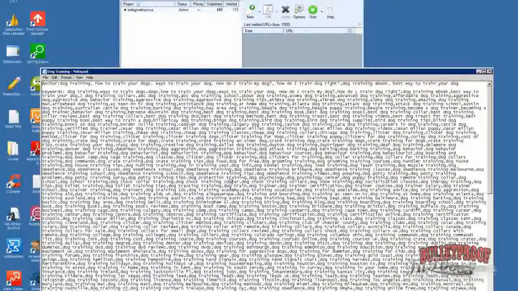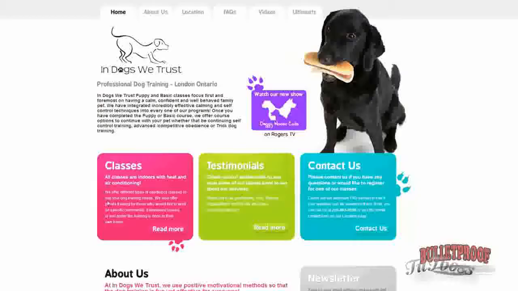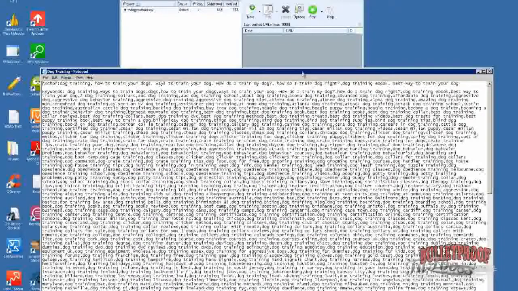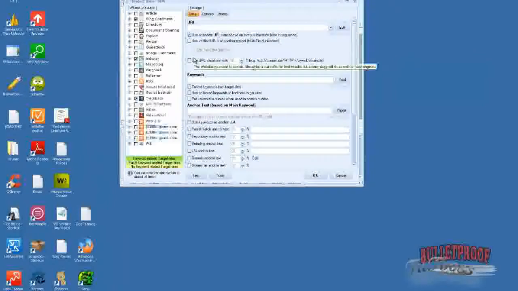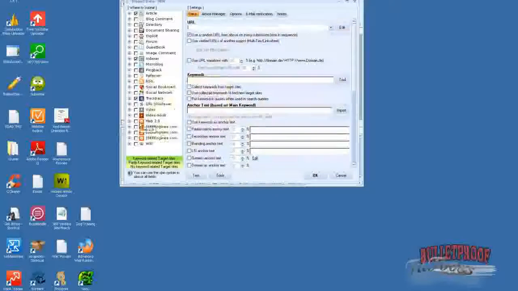The site that I'm using, let me see here. I'm just going to grab it. The site I'm using is indogswetrust.ca. So let's click on New. Now, if you're doing your first tier and you're not doing your first tier manually or writing 100% unique content, then what I like to do is use